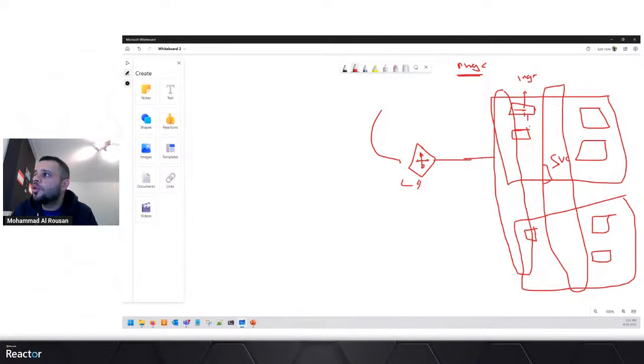After that, it will go to the service. So it will go to the service, and from the service, the traffic will go to your pod. So again, the Nginx controller will create a load balancer, and there's one Ingress controller pod available in your cluster.